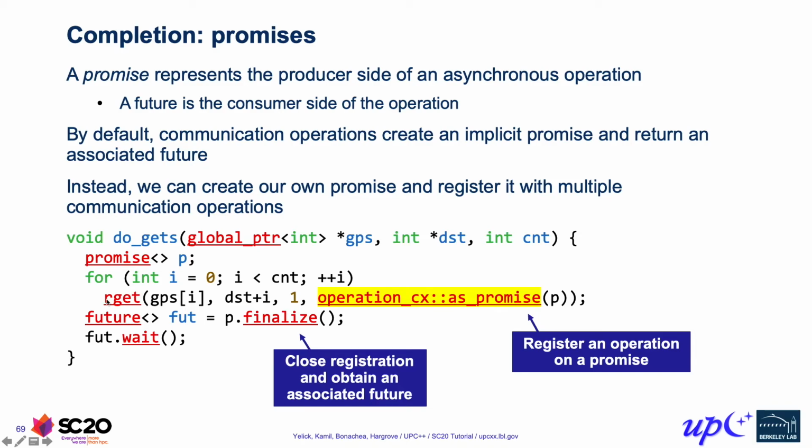Once we've initiated all of these rget operations on the promise, we can close registration of the promise, which gives us back the future end, the future corresponding to that promise. And again, here we just have the notification being encapsulated in the future, so we don't have any values here. If we call wait on the resulting future, it waits for all the outstanding operations that have been associated with this promise to complete before returning back to us. So this gives us the ability to wait on a large number of operations using just a single promise, as opposed to what we saw before where we constructed a DAG of operations.